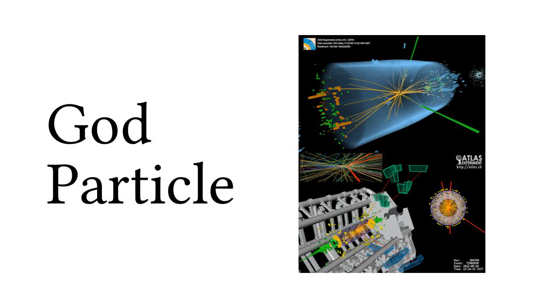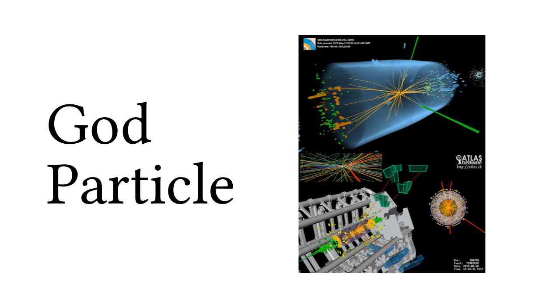On the 4th of July 2012, both of the CERN experiments announced they had independently made the same discovery: CMS of a previously unknown boson with mass 125.3 plus or minus 0.6 gigaelectronvolts/c², and ATLAS of a boson with mass 126.0 plus or minus 0.6